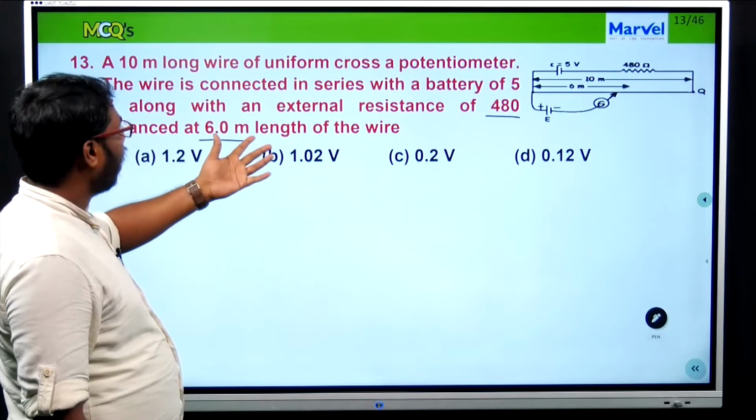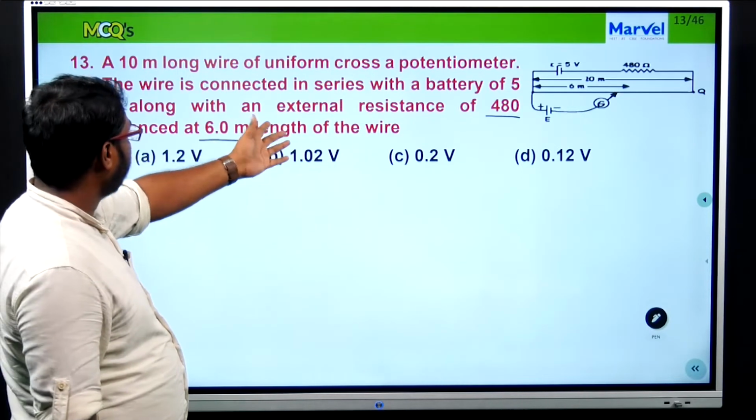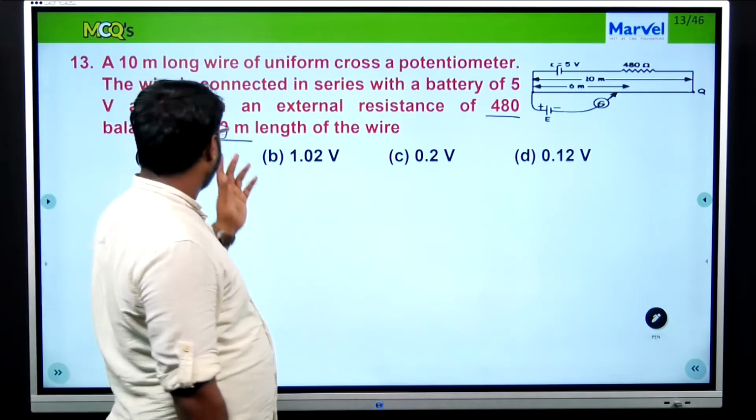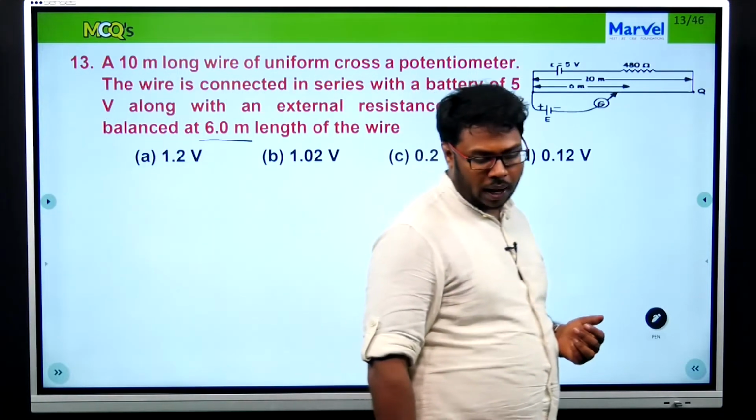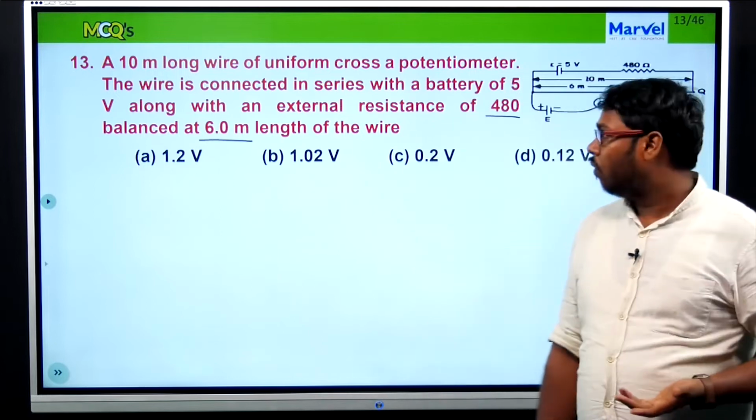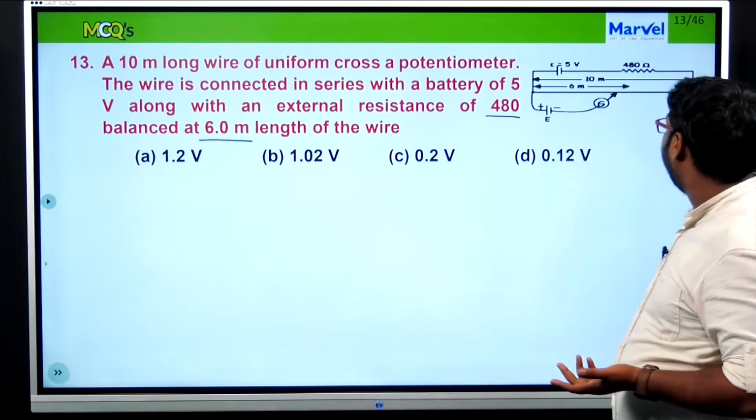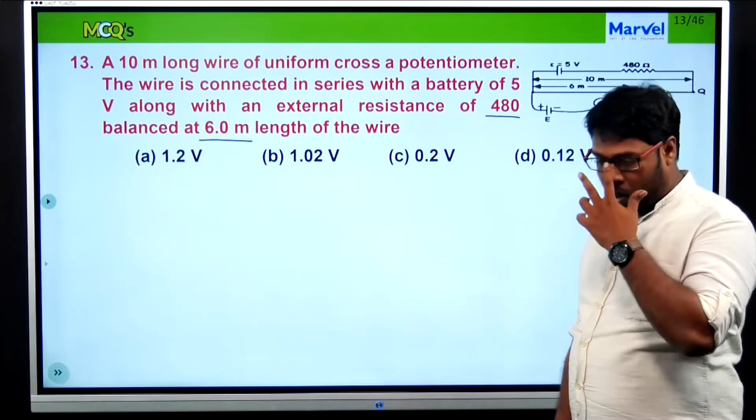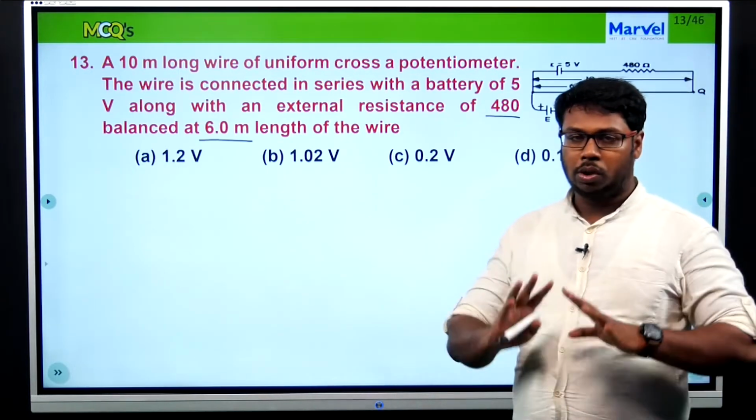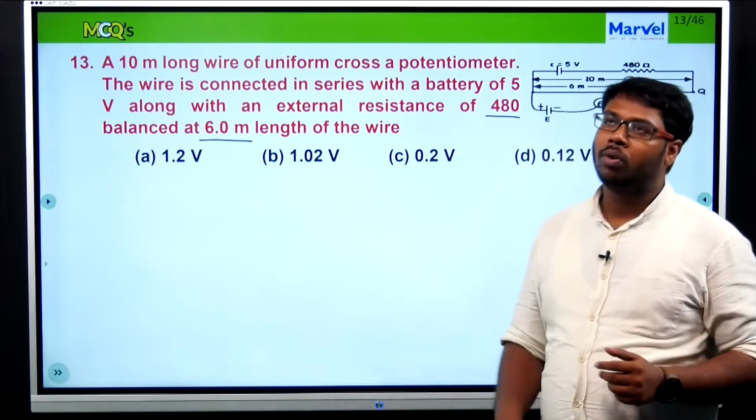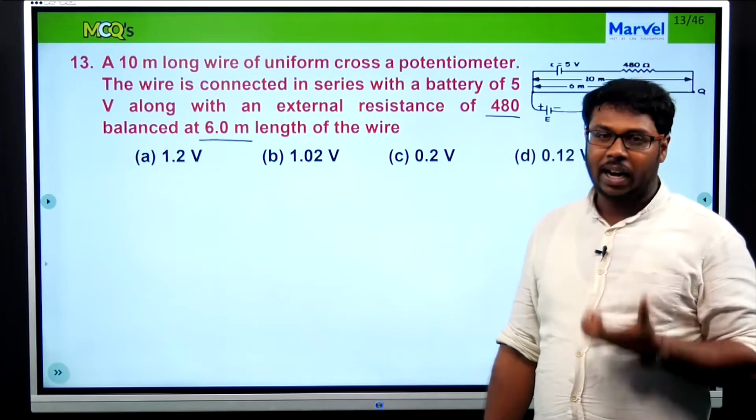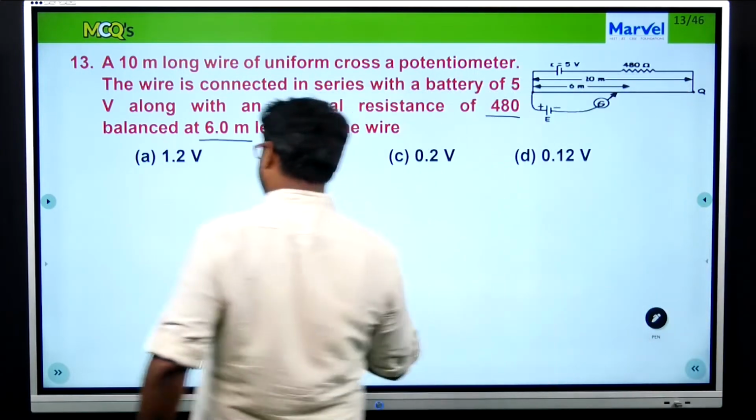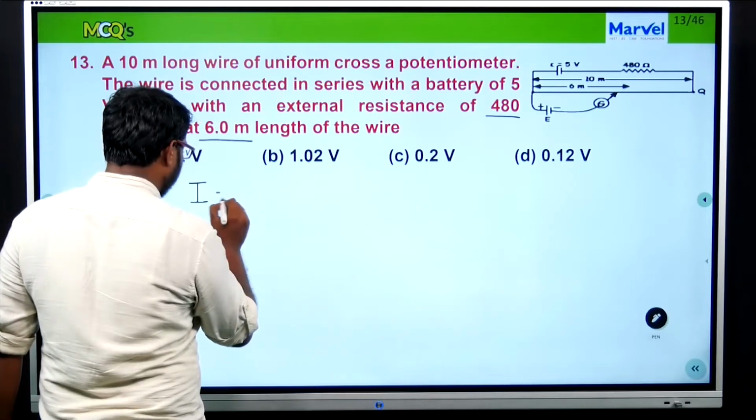Okay, it has been balanced somewhere, like at 6 meters. Then they are asking us to find where it will get balanced when it is going to be of 6 meters. Now listen, what I am going to do is generalize the whole thing, and I have to find the current first, where current I is equal to